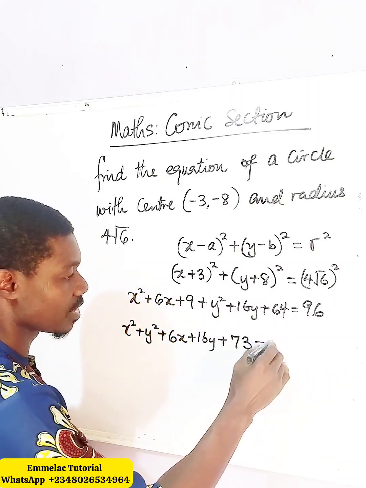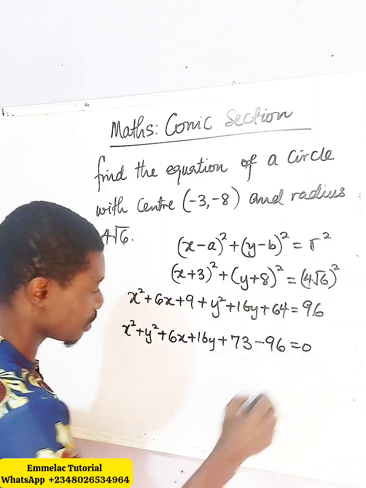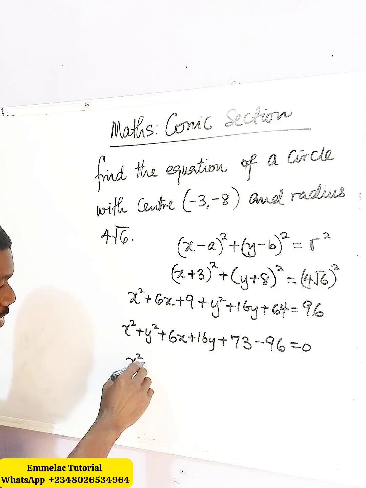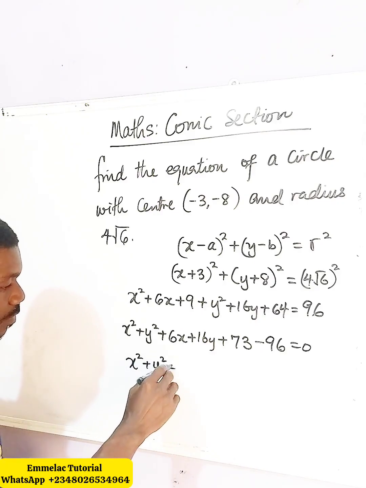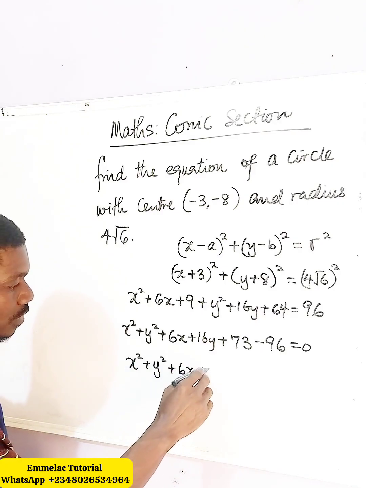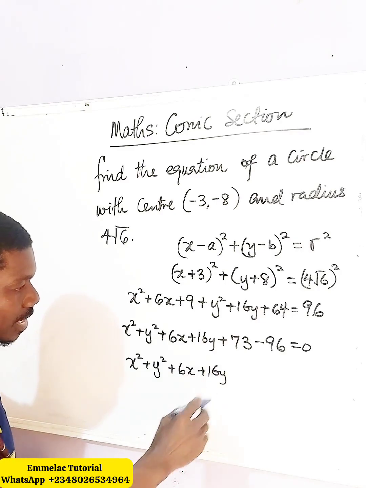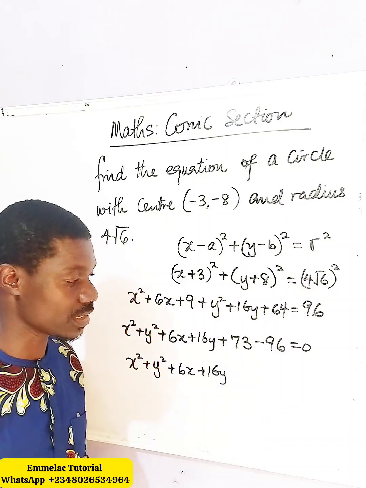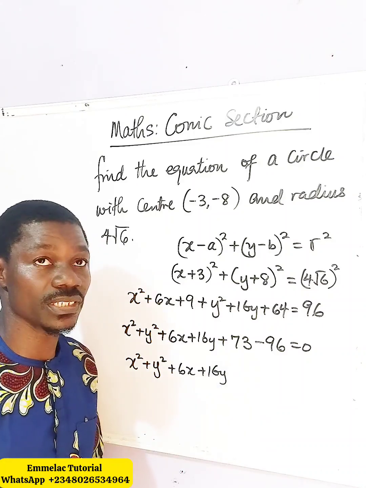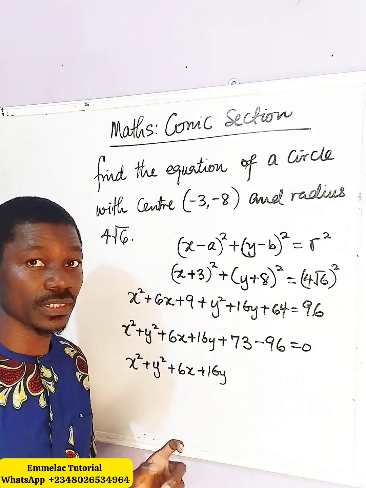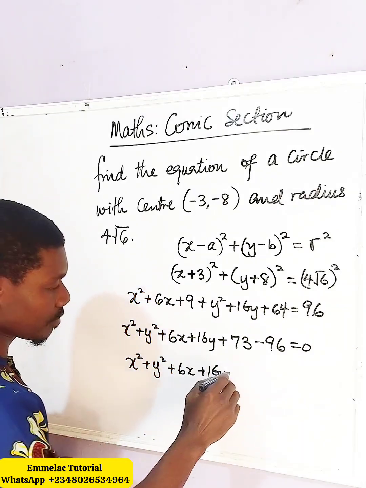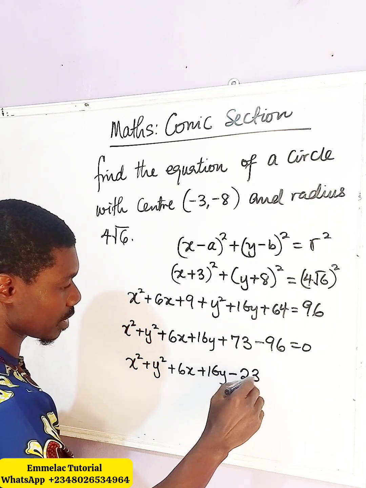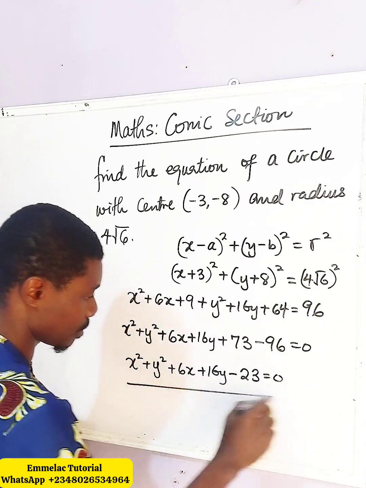So here we have 0 on the right. So we have x squared plus y squared plus 6x plus 16y, then 73 take away 96 gives -23. So here you have minus 23, all equals 0. So this is the